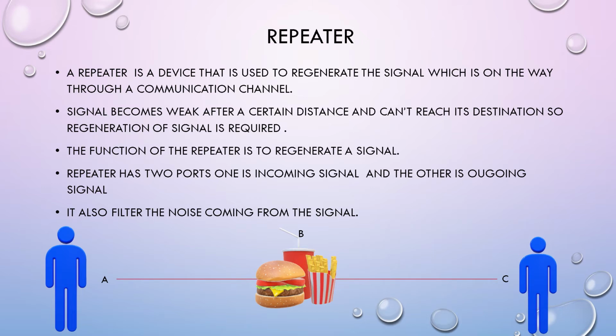Now take the basic example of a repeater. Suppose you're going from A to C, a distance of around 10 or 20 kilometers. Without food or water on the way, can you just go that far? No, you need some rest in order to gain energy. You start from point A and you're about to reach the destination, but in the middle you get tired. In order to walk, you need energy. How do you get energy? By water, energy drinks or food. This is how we get the energy. The same is the case with a repeater.